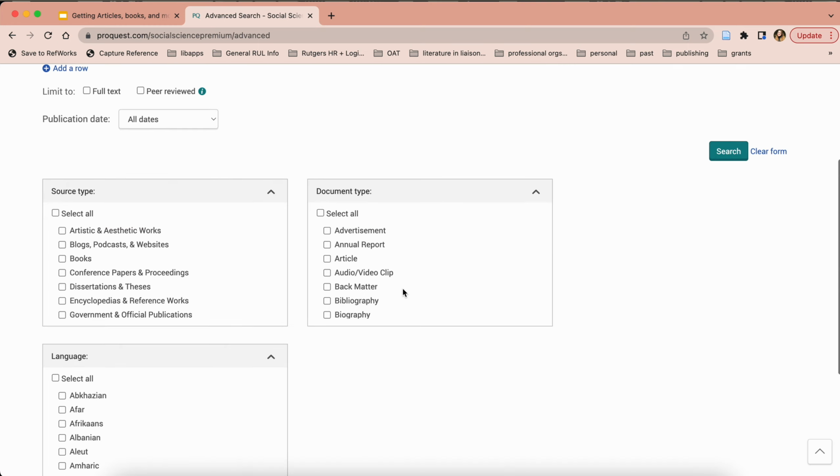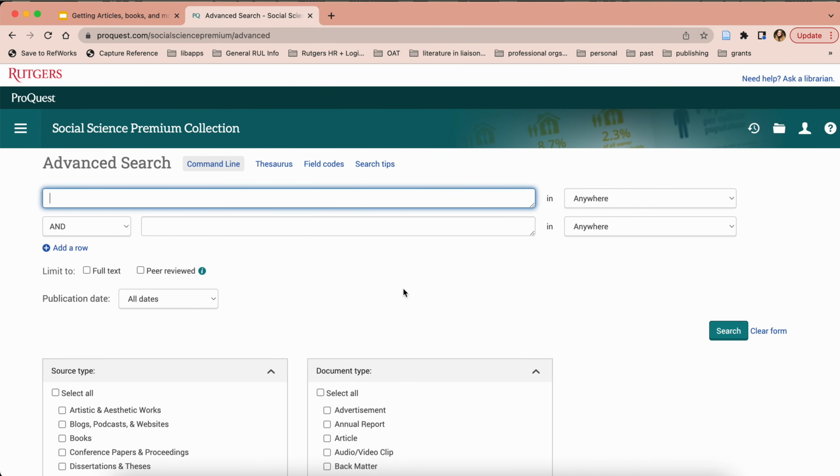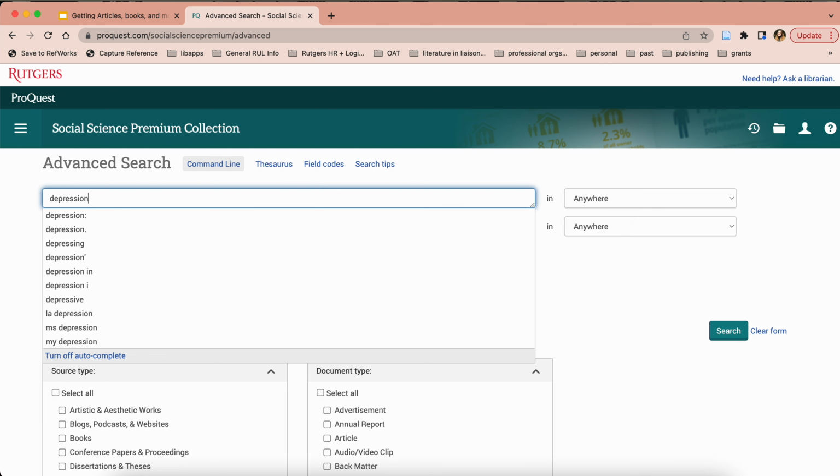I always say to folks that it can be overwhelming when you go from one kind of search interface to another, right? So we went from the library catalog, which looked very different than this, but it's a nice reminder that every single search bar will behave in very similar ways. So regardless of what everything looks like, you've always got the same kind of tools in your arsenal that you can use, right? So we can use those same search techniques that we used in the library database to search here. So for instance,